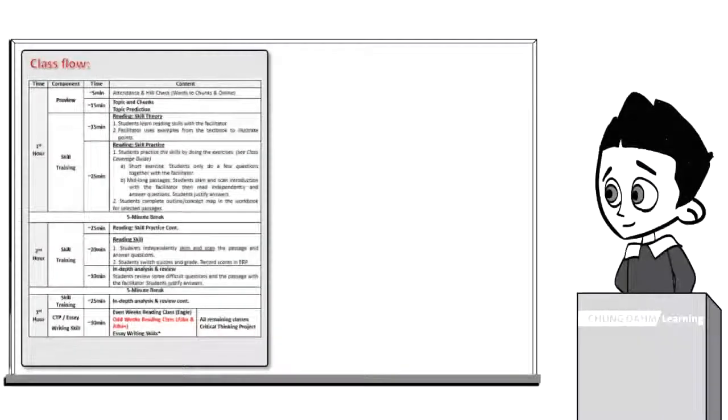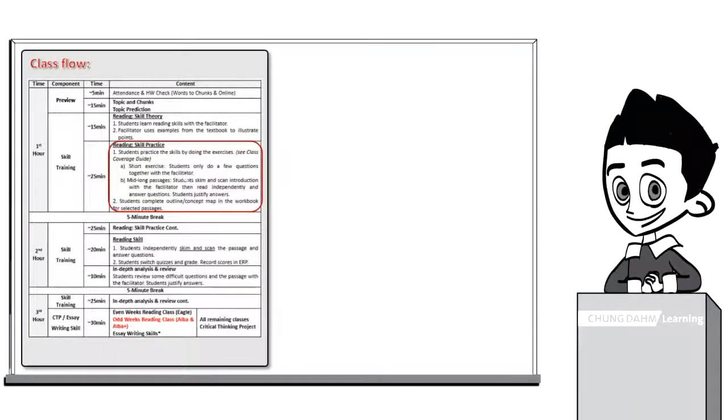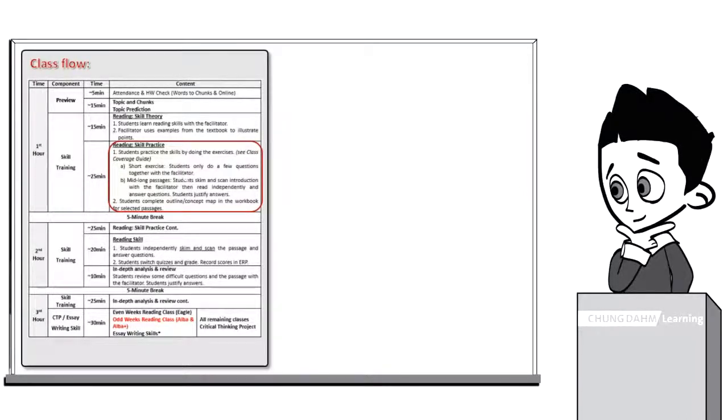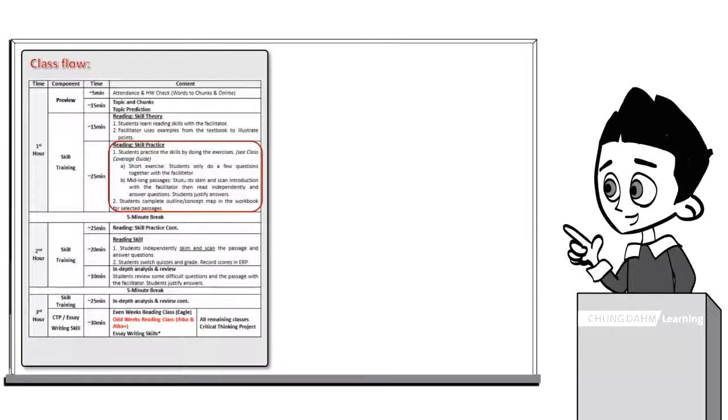Skill practice is a core component from the skill training portion and takes place immediately after skill theory. This component is broken down into two parts, passage coverage and answer justification. And this video will focus on passage coverage. During this component, students apply the skill in the reading passages, which helps in understanding the core information regarding the